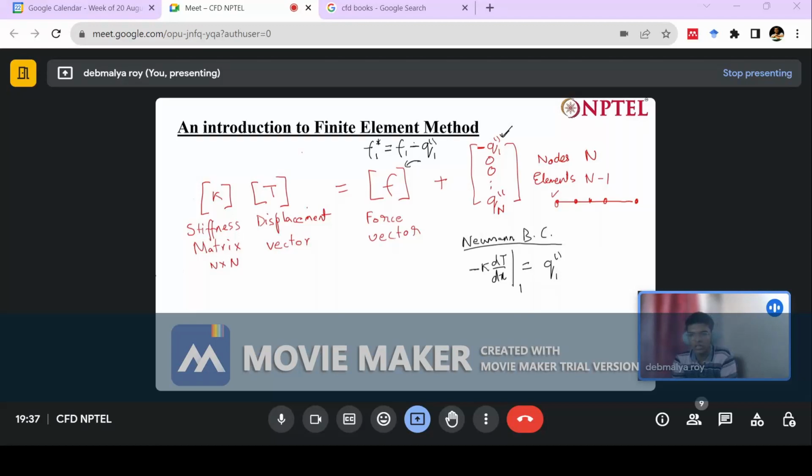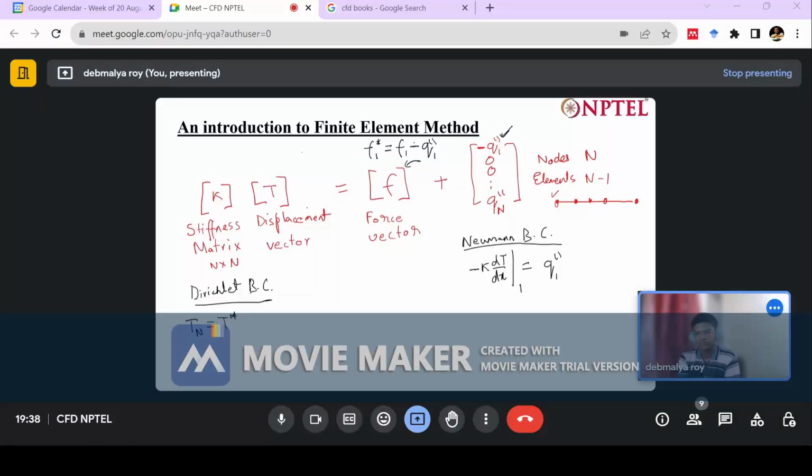What about a Dirichlet condition? What is the Dirichlet condition? Basically, let's say at this Tn point, I have a temperature specified, which is, let's say, T star. That is a Dirichlet condition. So if I have flux specified, that is Neumann, and if I have the value of the dependent variable itself specified, that is called the Dirichlet. So if we have a Dirichlet condition like Tn, we specify it to be some T star,